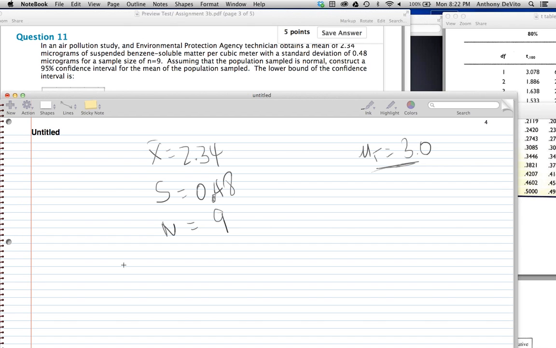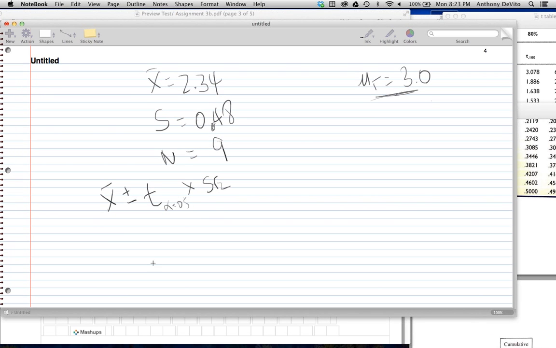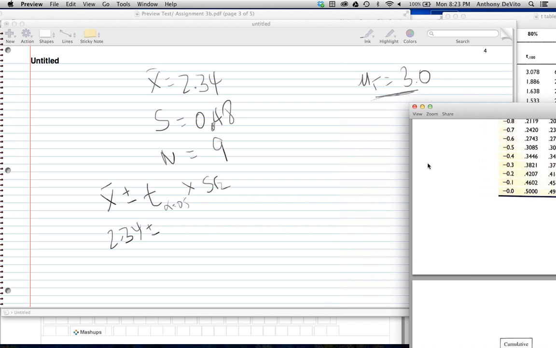Okay, so my confidence interval is going to be x bar plus or minus the value of t for alpha equal to 0.05, right? The value of t that I need for 8 degrees of freedom, times my standard error. So this is going to be equal to 2.34 plus or minus, well, this value of t turned out to be, so we can't get it back here,